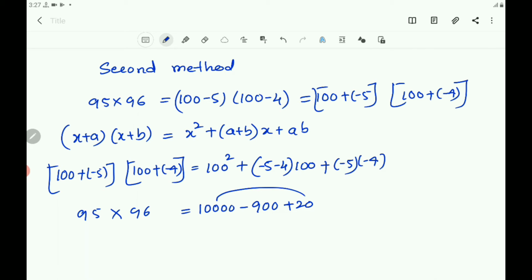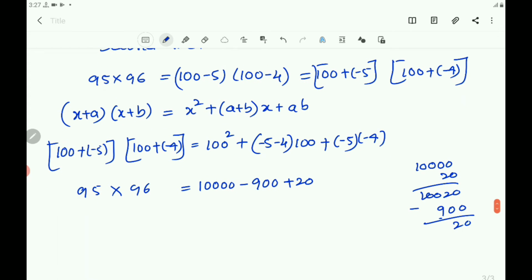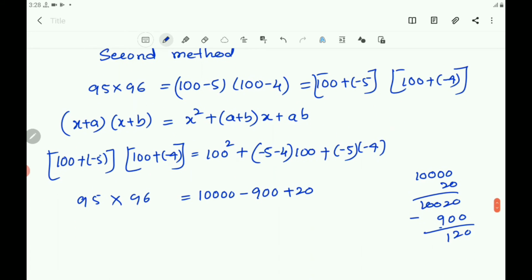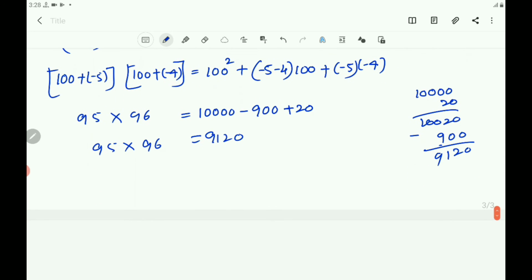Then you find the sum of these two. 10,000 plus 20 is 10,020 and minus 900. You will get 20 and 10 minus 9 is 1 and 9 is remaining. So you will get 9,120. 95 into 96 equals 9,120. Next, third one, you take